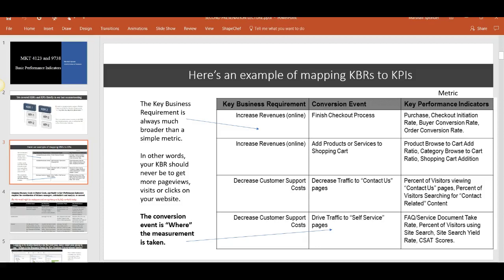The event, the actual thing, like in the case of what we're seeing here in this chart, is finishing going through a process of checking out a product or an offer. And then I've got actual metrics on the website, like purchase and checkout initiation rate and buyer conversion rate. So I can actually create little sub-metrics or custom metrics based on a combination of other metrics. Like checkout initiation rate. This is probably something I can put together in the analytics platforms in both Adobe and Google Analytics.